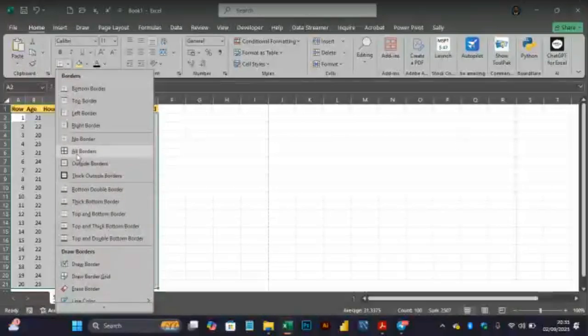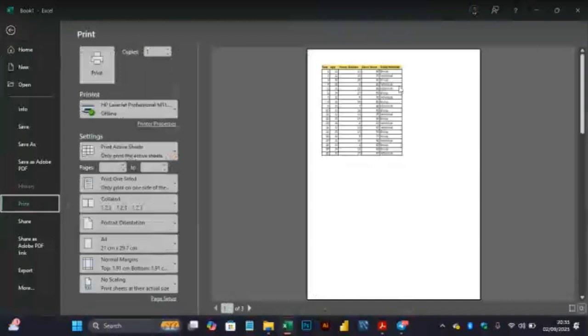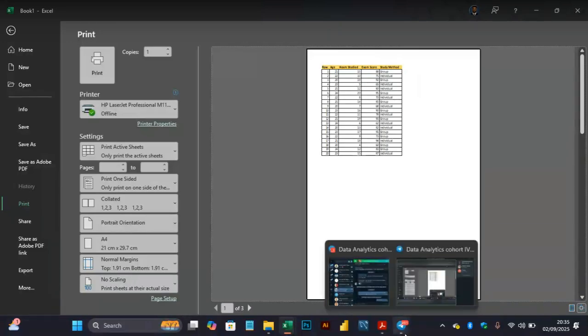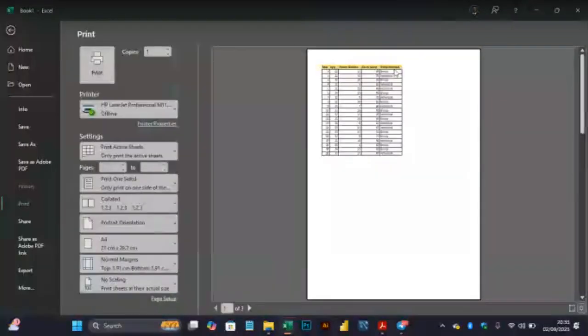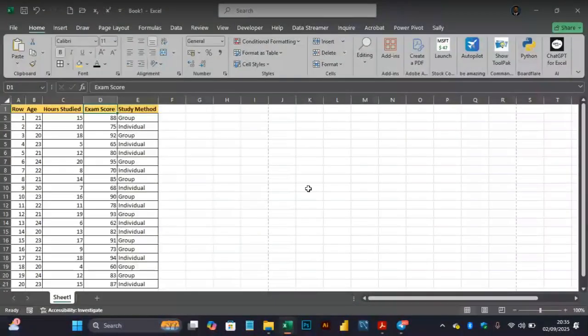So I'm making use of all borders, and after I'm done, I can go back to print to see whether it is giving me what I want to see. And obviously, yes, it's giving us what we want to see. You can see that we have everything in the data set in a tabular format, but the column headers are not properly formatted, because this border we added should also be added to the column headers. So we go back to the column headers,